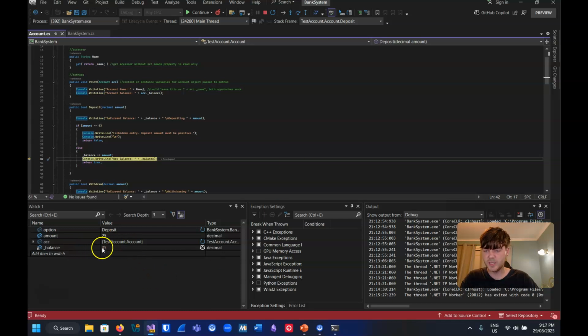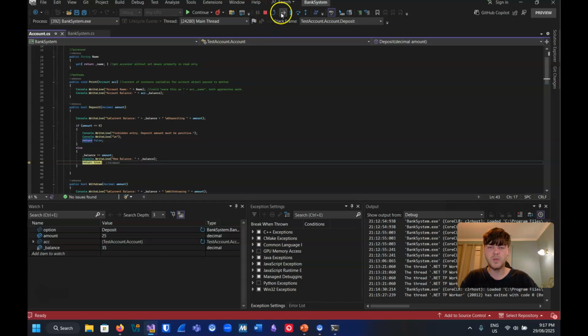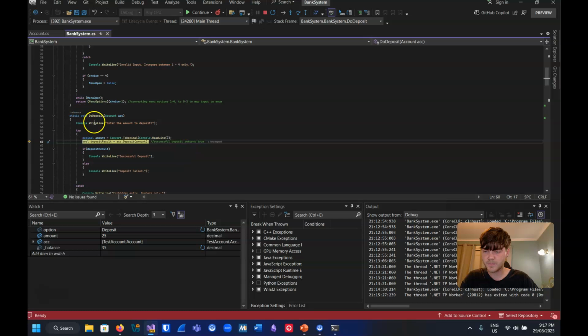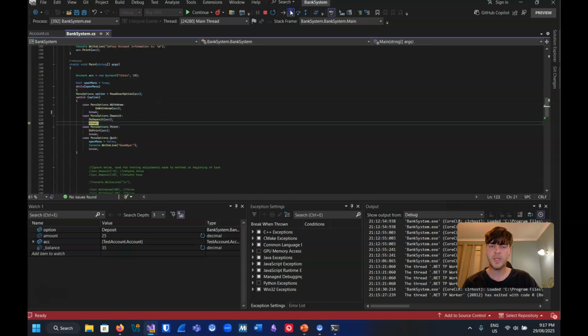So we can see down here that that has summed there correctly, and a little early, but that will print to the terminal as well. So this method will now return true, and we'll go back over to our bank system file, and the result of this will be true once I move on. There we go. So here we're saying if the deposit result was true, which it was, we're just going to print a little message and let the user know that their deposit was successful. Then we break,